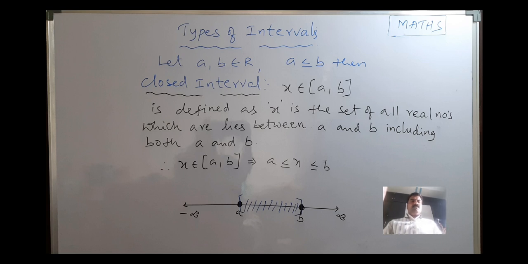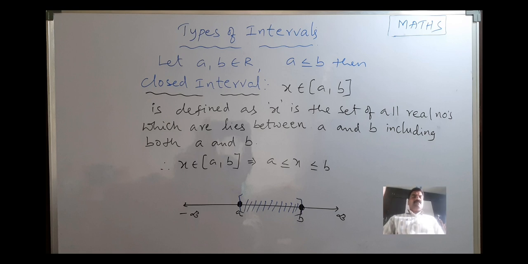Then closed interval we can write it as x belongs to, using the square brackets we write in this manner, and we need to read it as x belongs to closed interval a comma b, and is defined as